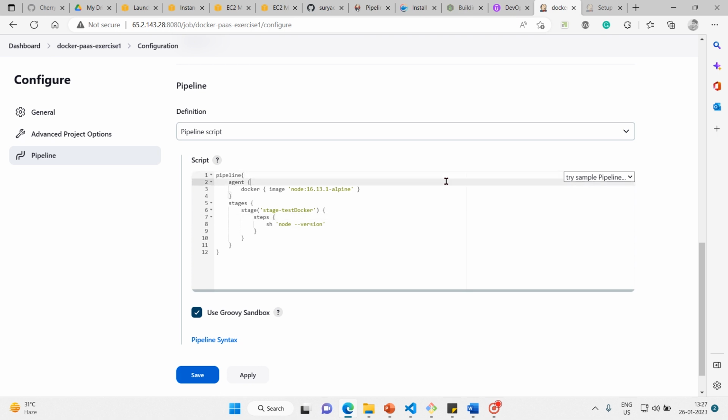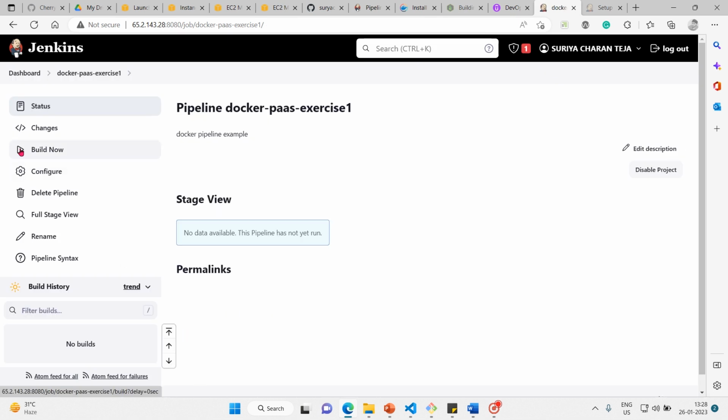Let's cross-check the pipeline one more time. The pipeline directive block has been opened. Inside that we have attached an agent. Inside that agent block we have attached the Docker agent. As we have added the Jenkins user into the Docker group, we can easily access Docker now. Then the stages come into the picture, the first stage, and then steps inside that, sh. So rest all fine. Let me save it and let us run our first